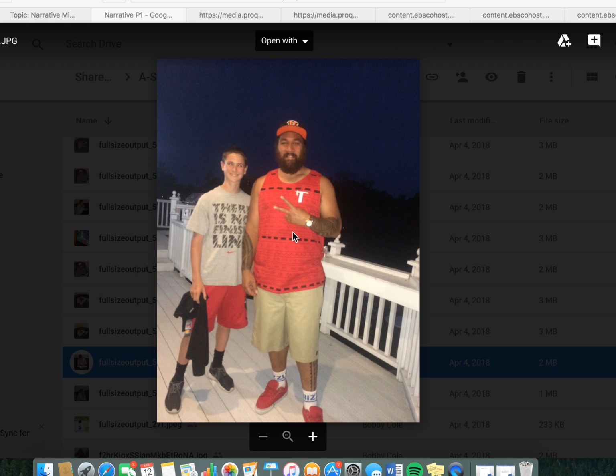An improvement that I would make on this image is if they had to take this picture again, then I would suggest... I'm not quite sure what I would suggest. I know you can't change what you're wearing when you meet a famous person. It's kind of a once in a lifetime thing. You only meet a certain number of people who play for professional sports or are on TV or in movies or stuff like that. So